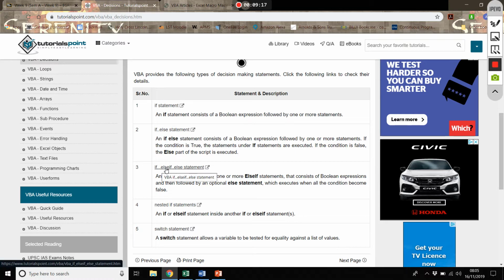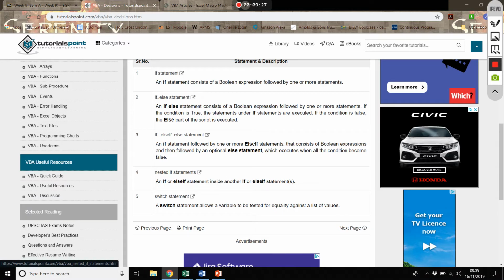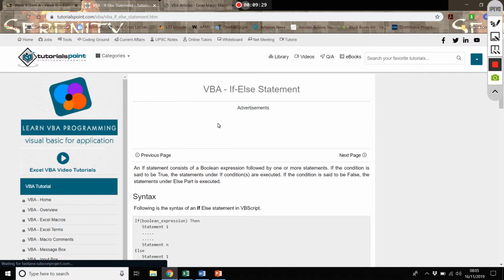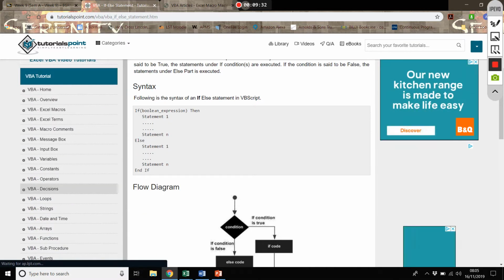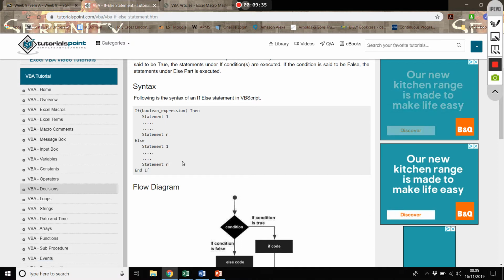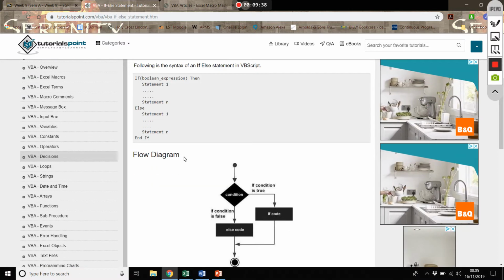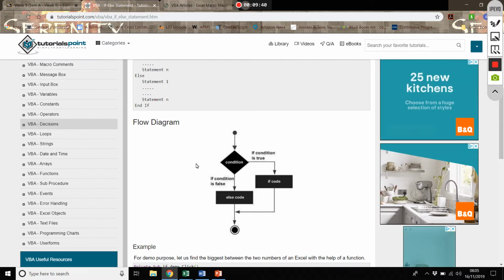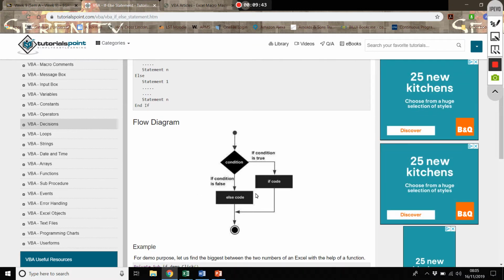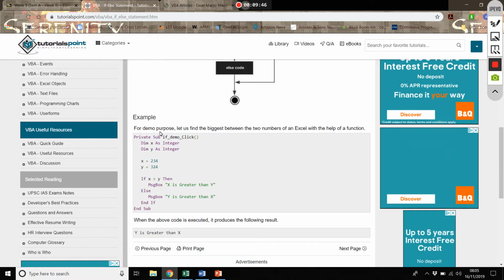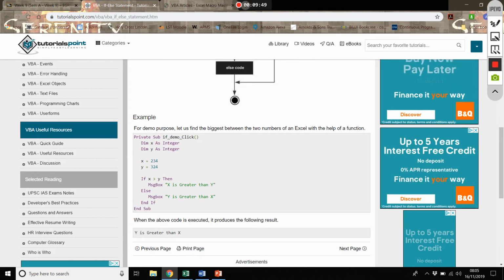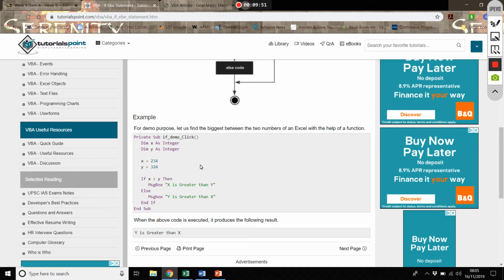We can have an if, otherwise if, or else if, so two different criteria nested together, or we can nest lots of if statements together. But if I just click one of those, the one we're more familiar with, it gives you a rough layout of what it might look like when you copy it into the code. So an outline. There's a bit of a flow diagram showing the specific function you're looking at, but then there's a really useful example of what's happening, and then it describes what that code above is trying to do. Okay,